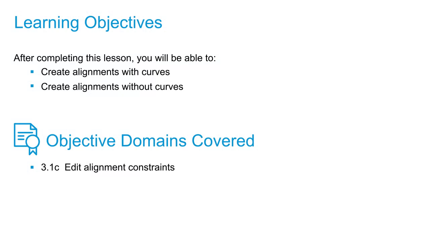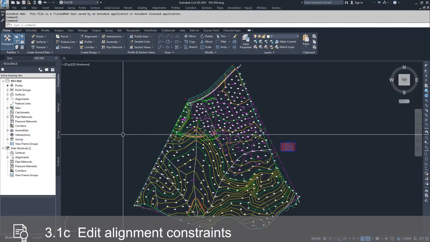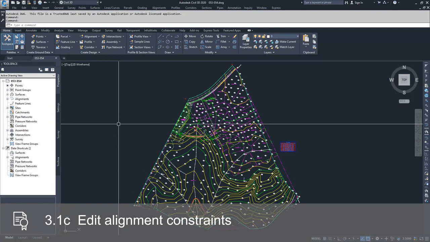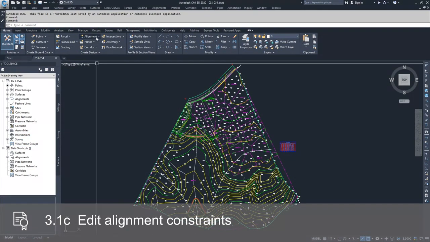In this video, we're going to talk about the generic way to create alignments inside of Civil 3D, which is to create alignments with and without curves. So in order to get that, we're going to have to first get into our alignment creation tools. So we're going to go up to our home tab of the ribbon bar, go into the alignment dropdown and